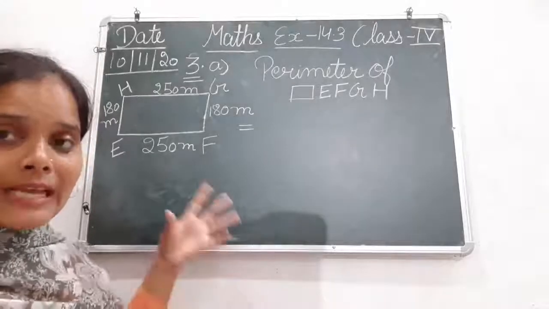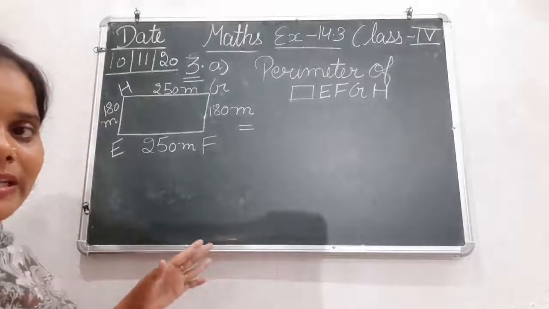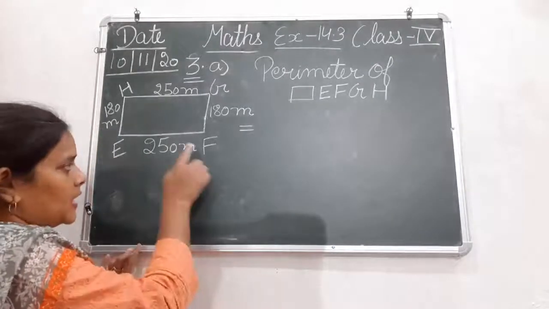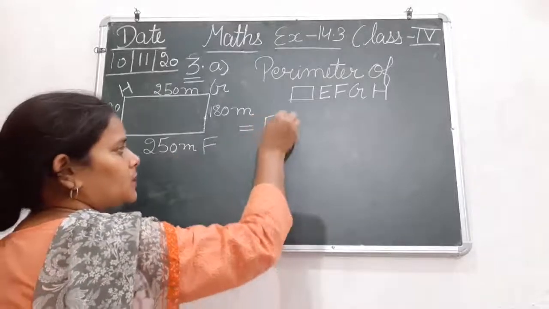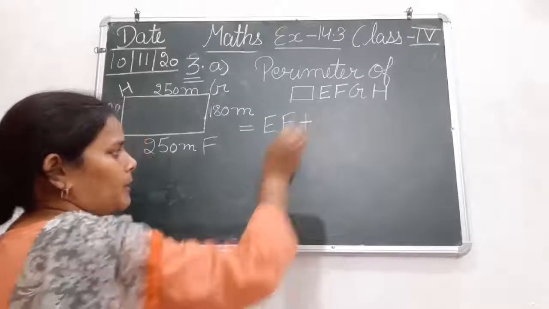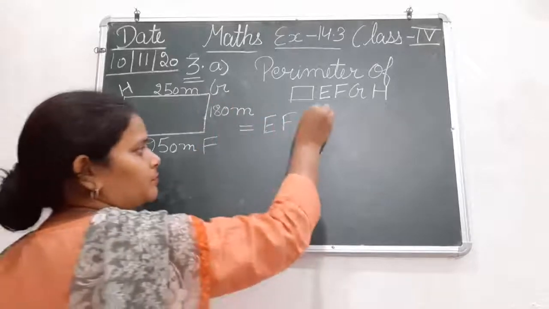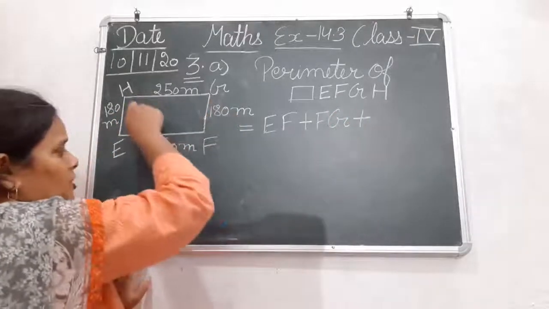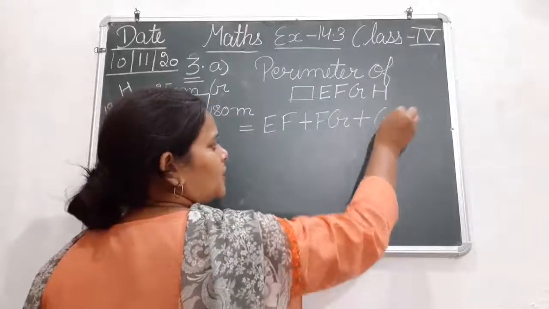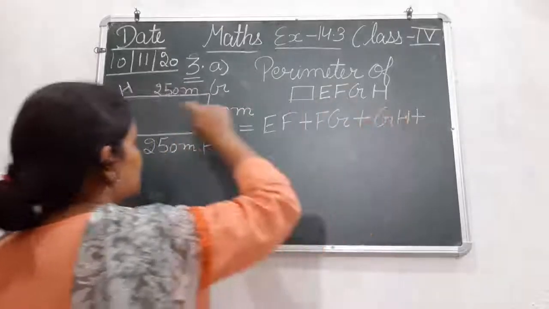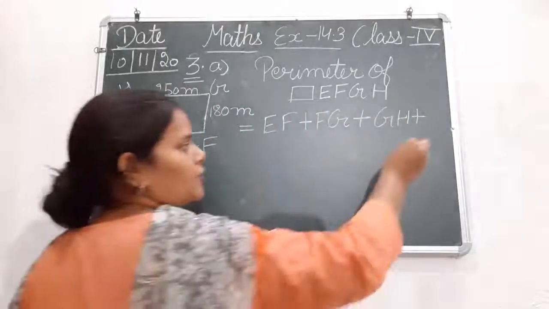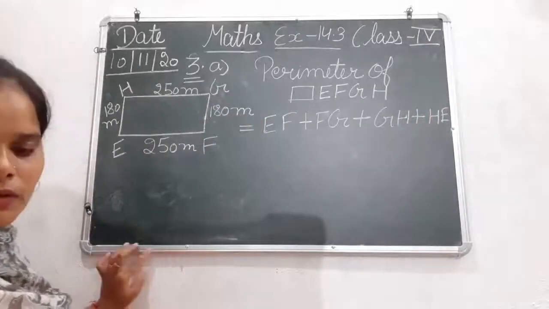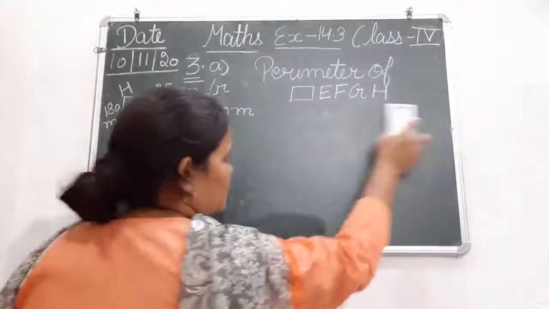So अलग जो जितनी भी line segments है, what are their names? We are going to write that thing first. So then starting with the first, that is EF plus FG. Next is FG plus GH. Next is GH plus HE. The last is HE. Okay, so I'll just write it again. वहाँ पर थोड़ा congested हो गया.